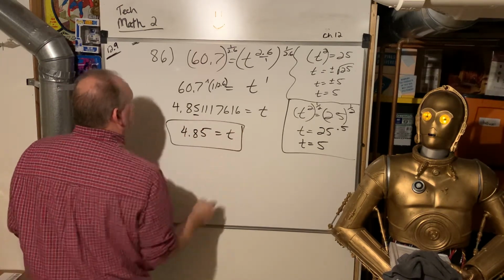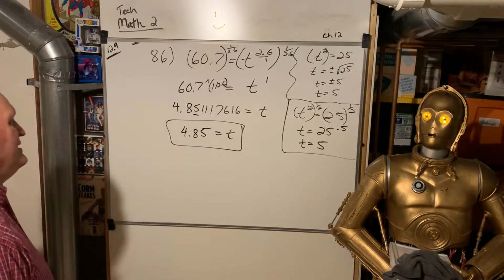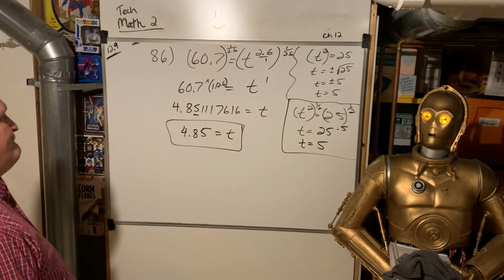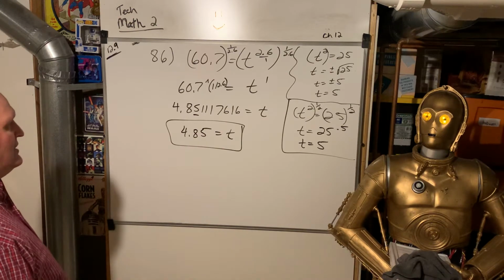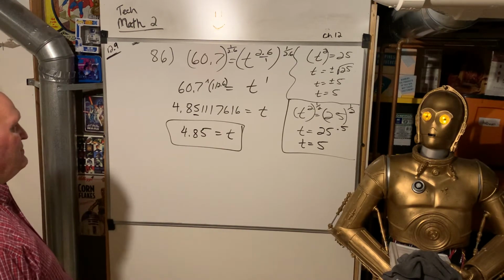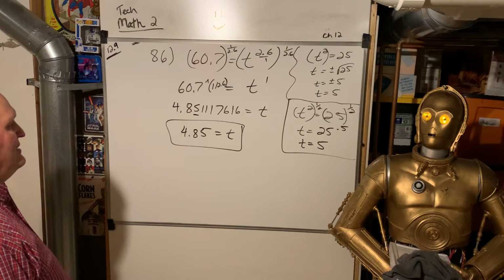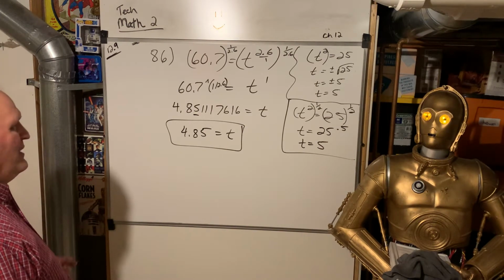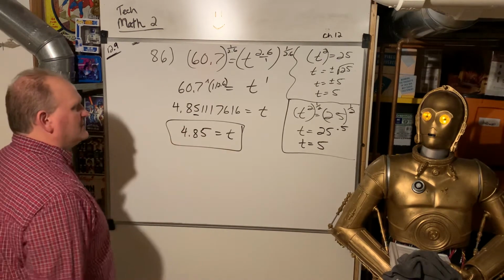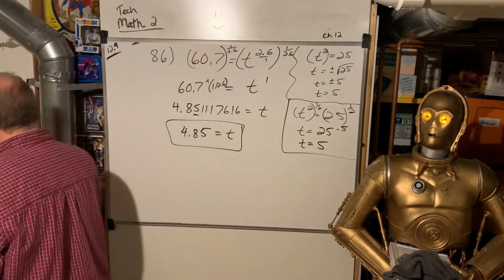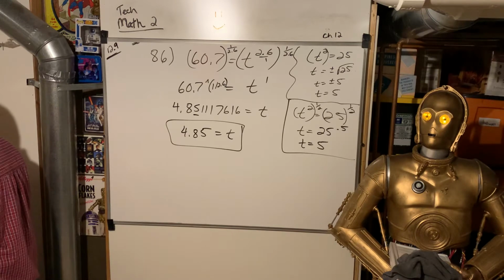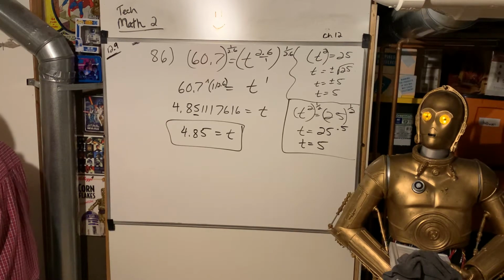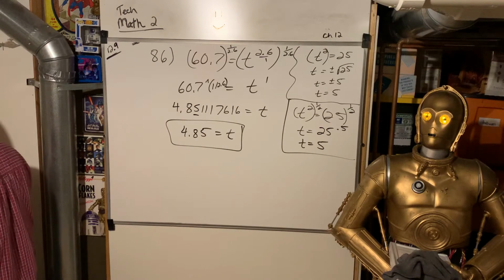I think that's the easiest way to do it. You could take the log of both sides, pull that 2.6 down, but then you have to rewrite it. This is definitely the easiest way to do it. I'm not even going to demonstrate the other way. That's the way to do it. Just do 1 over whatever power that they have, like the reciprocal. All right. Let's jump to